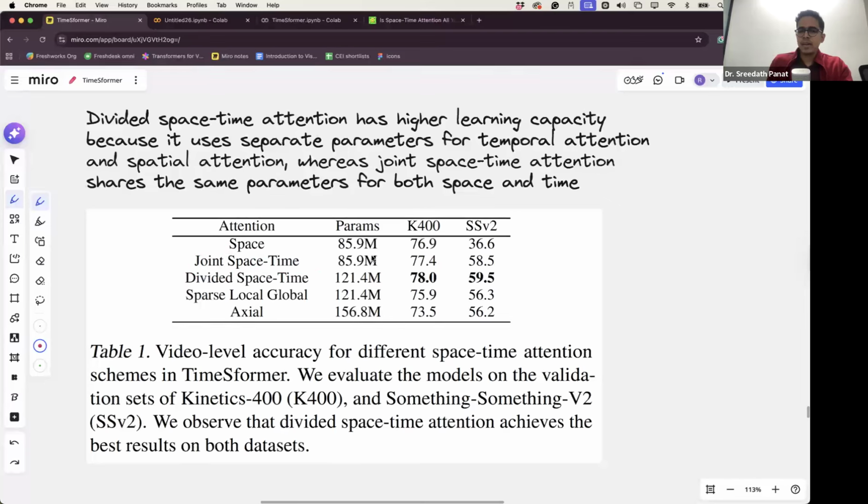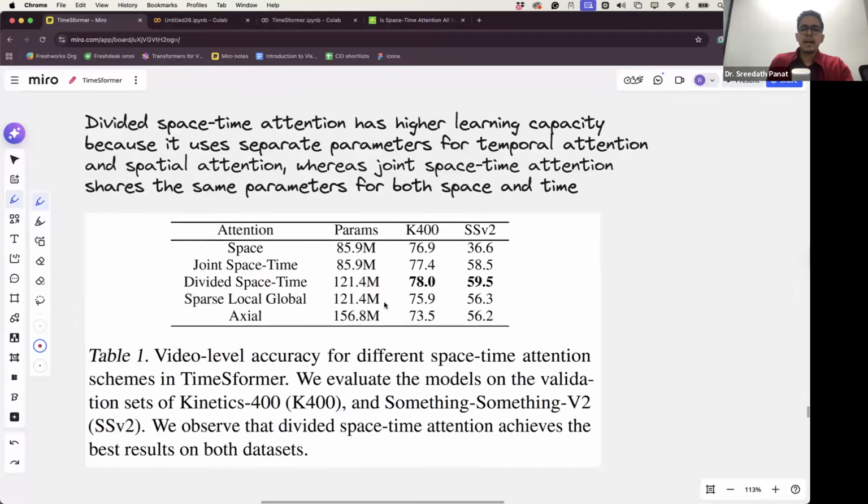There are multiple reasons. One is, of course, the number of parameters in the model that they used is a bit less. It's 85 million parameters versus this is 121.4 million parameters. So obviously, it's not an apples to apples comparison. It's two different models, so you can't really compare. But another thing is,